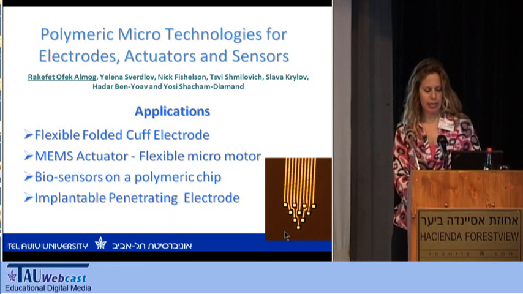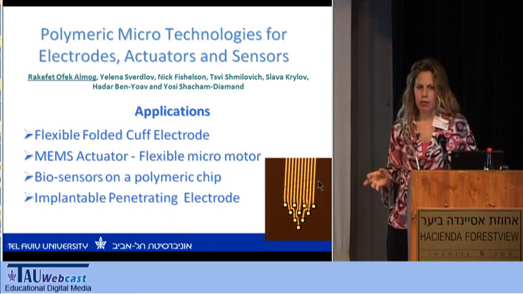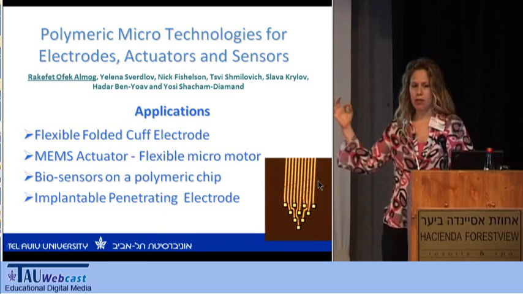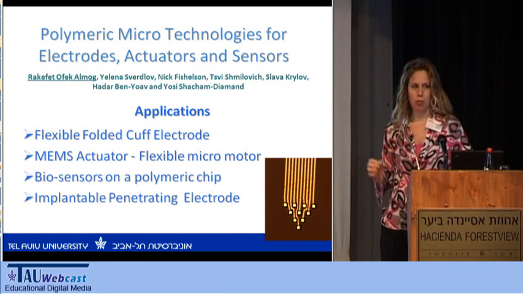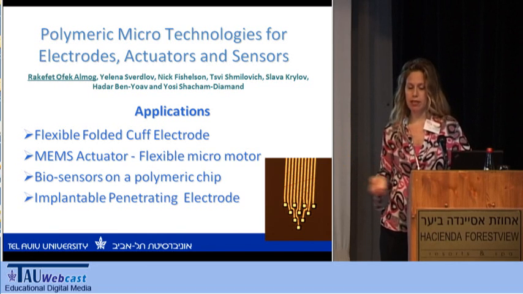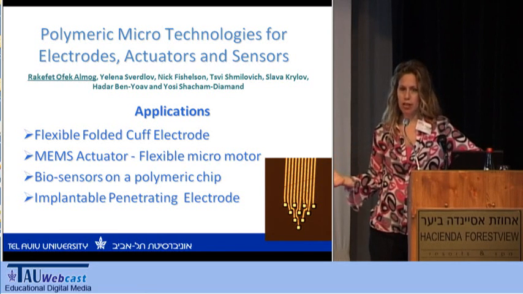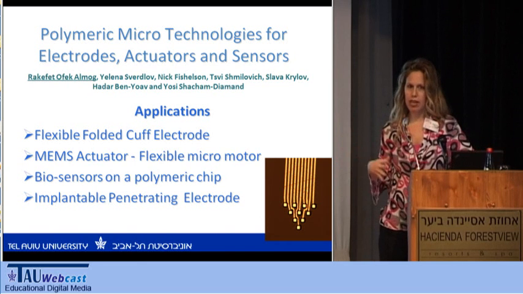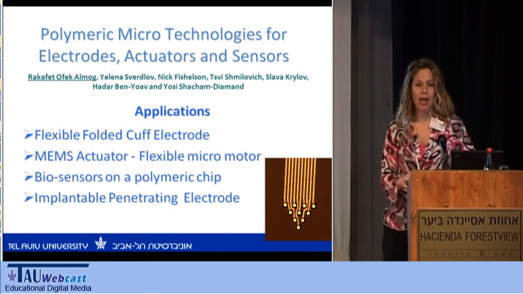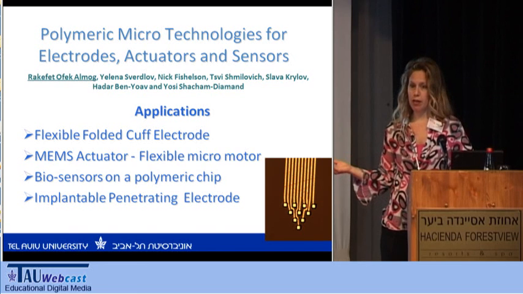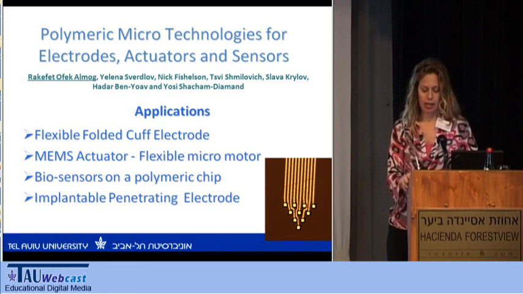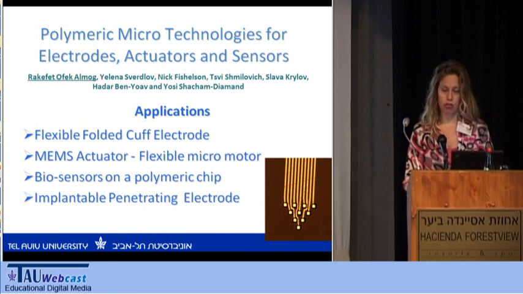And of course, we can see that electrodes made of silicon that are implanted in the brain, in the rat brain, in this application, cause very severe damage. It can be seen in histology afterwards, that it cuts the brain like a knife. Not very nice. When we make the electrode out of a polymer, such as polyimide, the damage is much, much less.